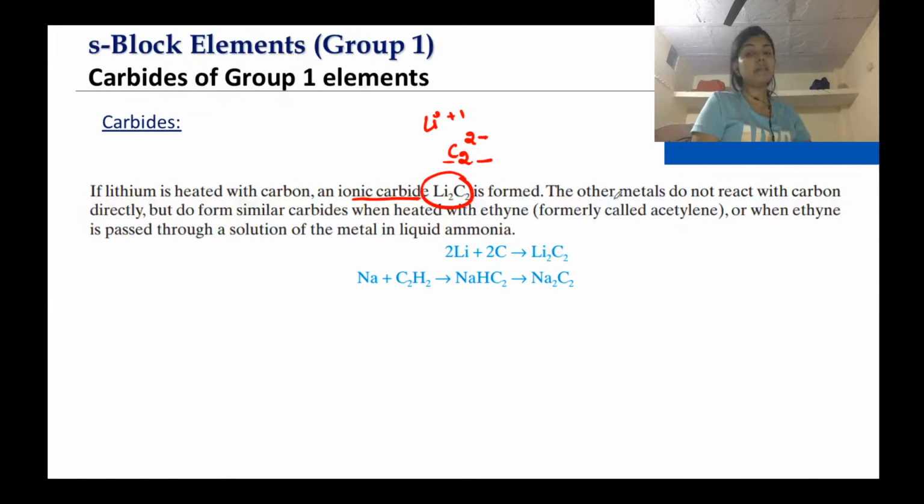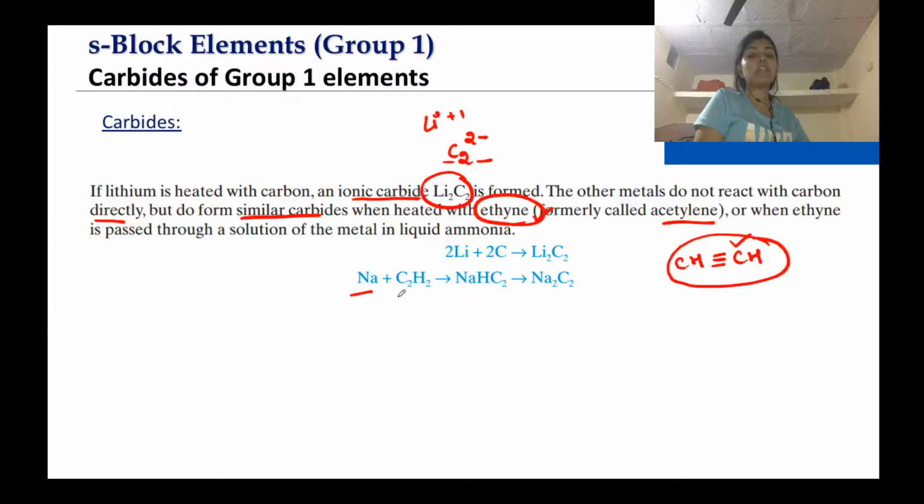If you take the other metals, they do not react with carbon directly, but they do form similar carbides when they are treated with ethyne. The ethyne is also known as, basically the formal name is what? Acetylene. So this is ethyne, CH triple bond CH. It is also known as what? Acetylene, right? So sodium reacts with acetylene to form what? Sodium carbide, right? The reaction is in this way,